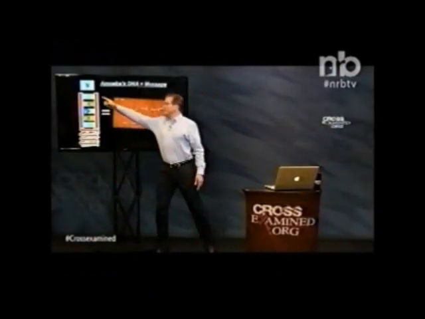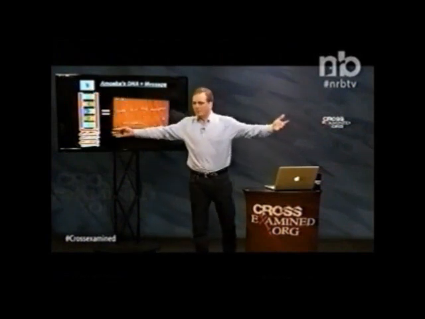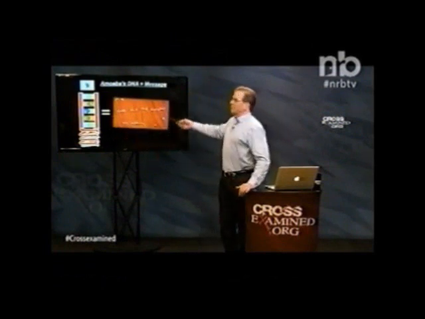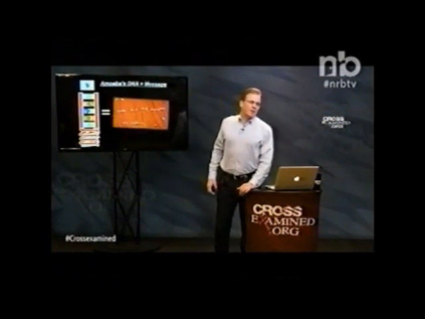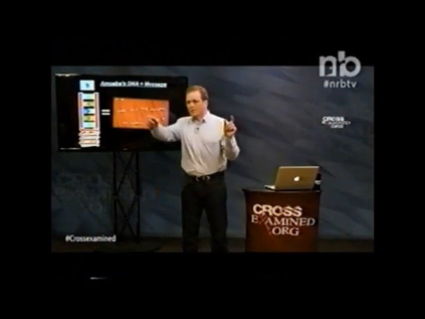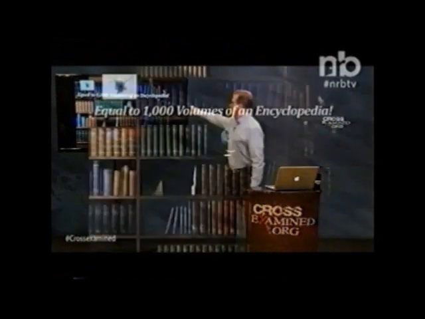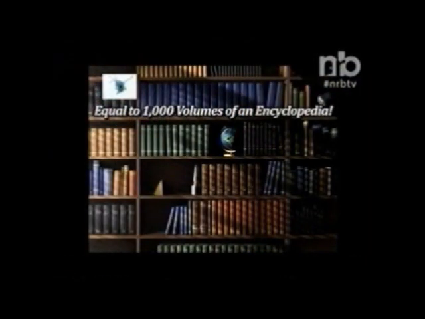You say, well, maybe it started real simple in the cell, right, in the amoeba, the first amoeba that supposedly we all came from. How much information is in an amoeba is the question. Before I tell you, you know how many amoebas you could line up in an inch? Several hundred. You could line up several hundred amoebas in an inch, and inside every one of those amoebas is a genome equivalent to 1,000 volumes of an encyclopedia.